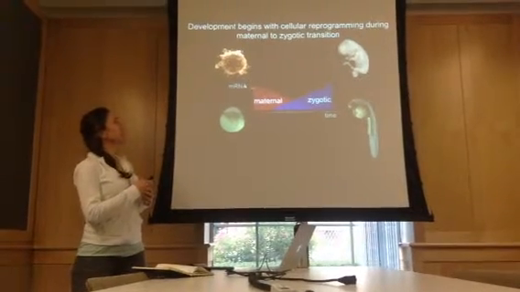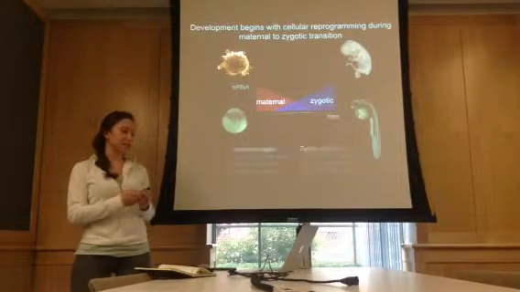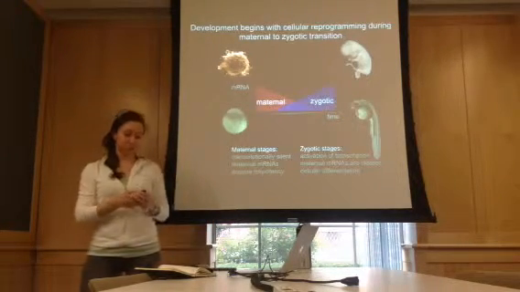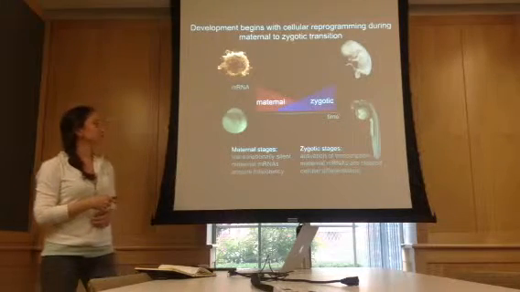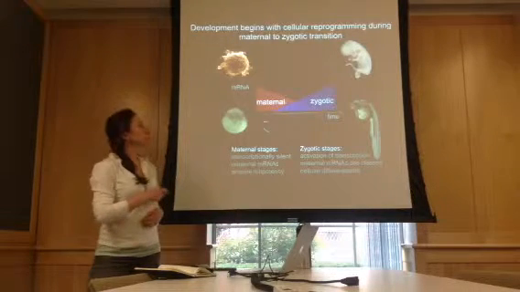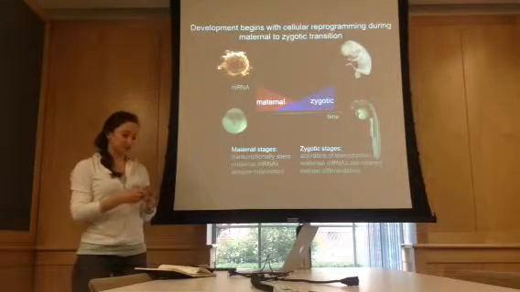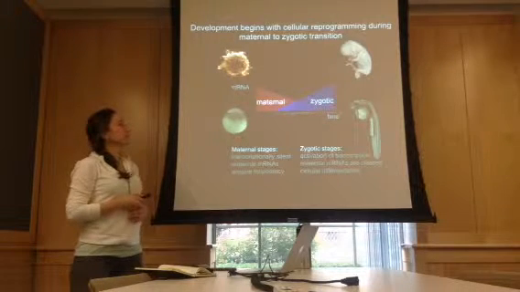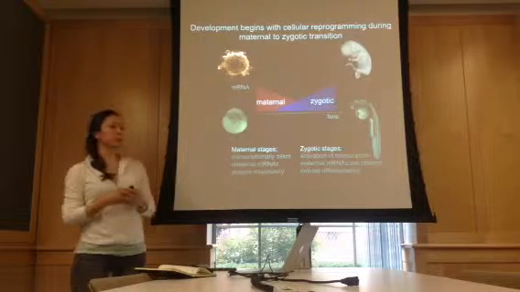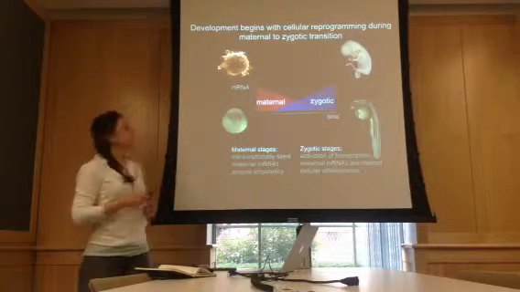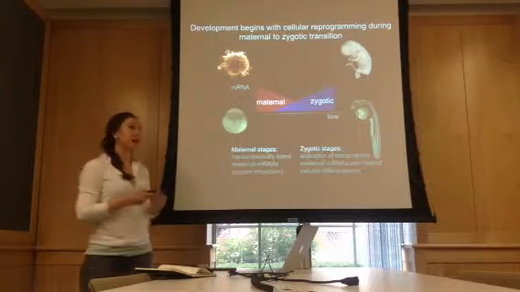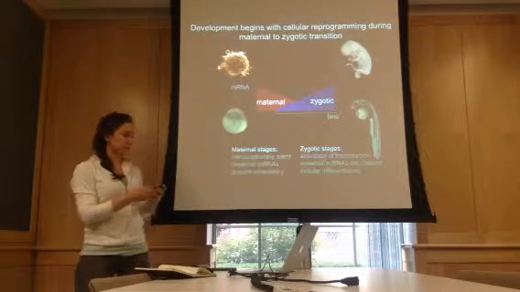This reprogramming event takes place during the maternal zygotic transition, which happens in all animals. This transition involves moving away from using maternally inherited mRNAs and proteins, which were used to carry out cellular functions early on, and towards activating its own zygotic genome, at which point developmental control is being passed to the zygotic genome and the maternal program of development is repressed through the active clearance of maternal transcripts.